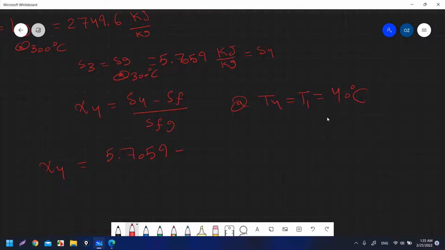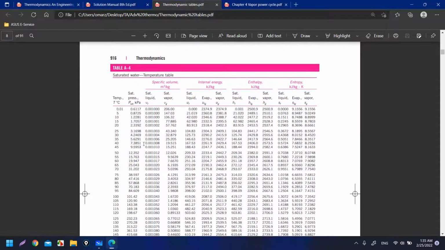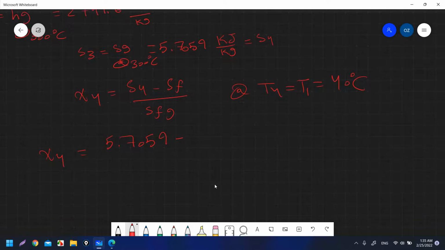SF and SFG at this temperature, so at 40 degrees Celsius, SF is 0.5724 and SFG is 7.6832, and this will give you that X4 is 0.6681, and that is bad because usually you want the quality